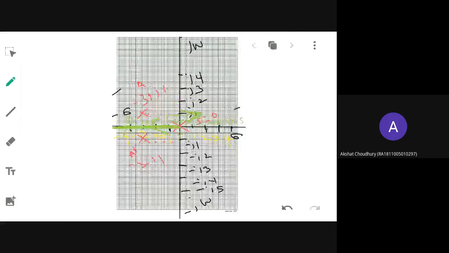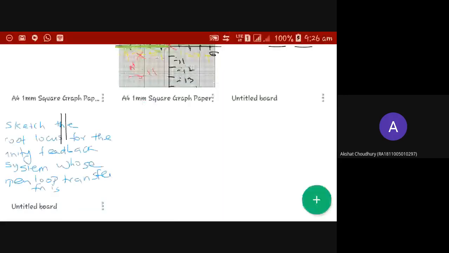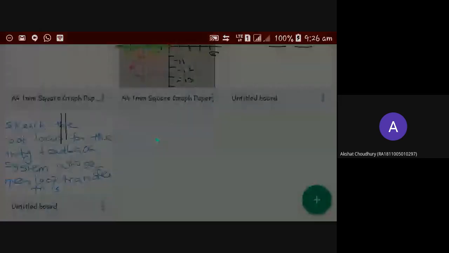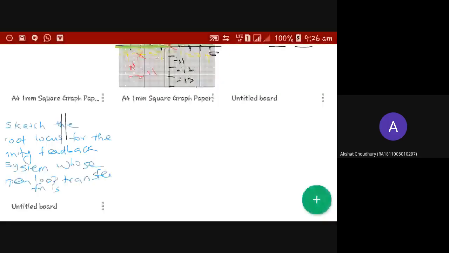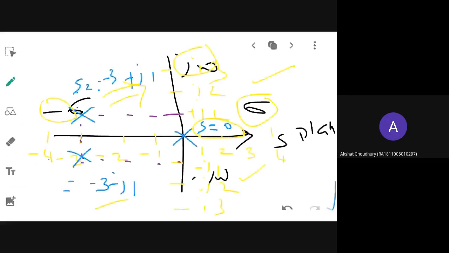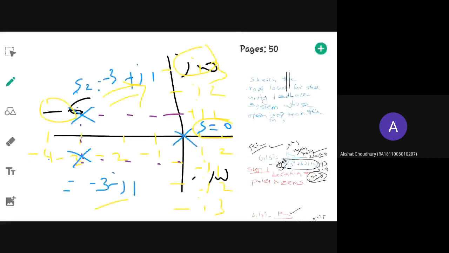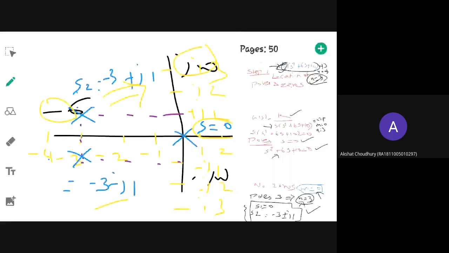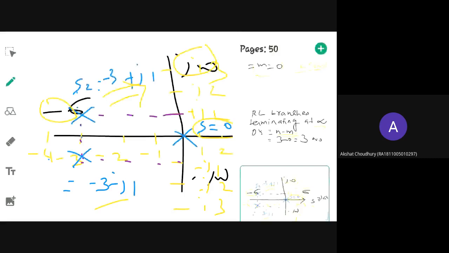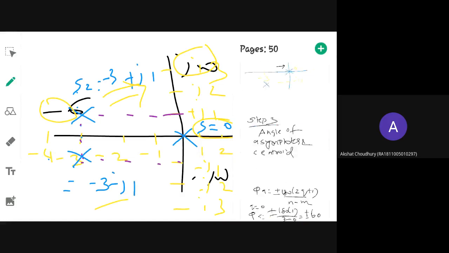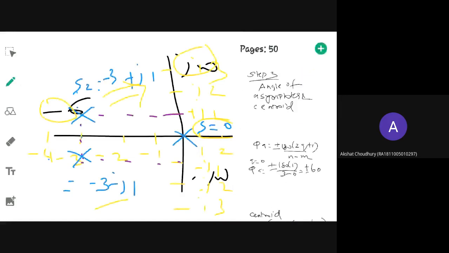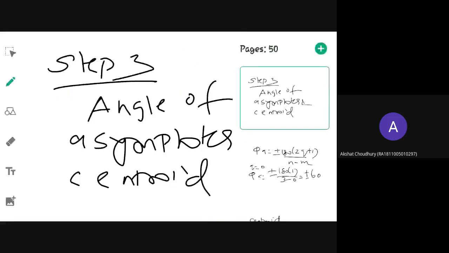I am hoping all of you have done this in your graph sheet. Yes or no, ma'am? Are you doing it in your graph sheet? Same thing you have to do in your graph sheet. Sumit Gautam, now at least are you doing or not? Sumit, Pratik, I'm going to remove this Pratik boy from this meet.